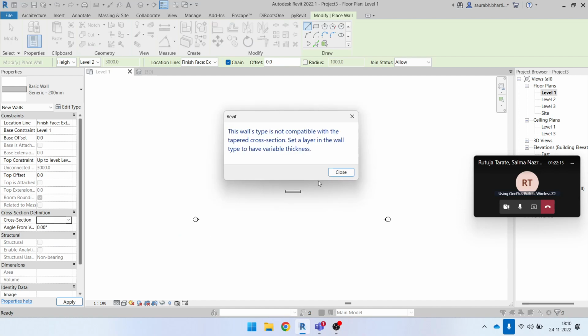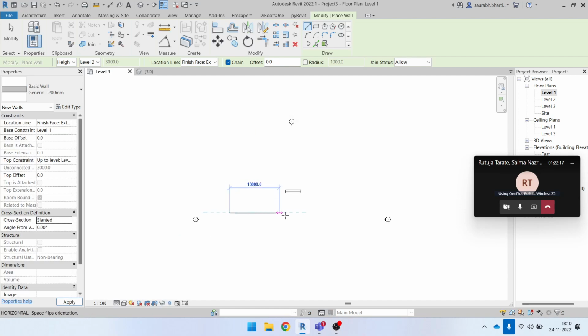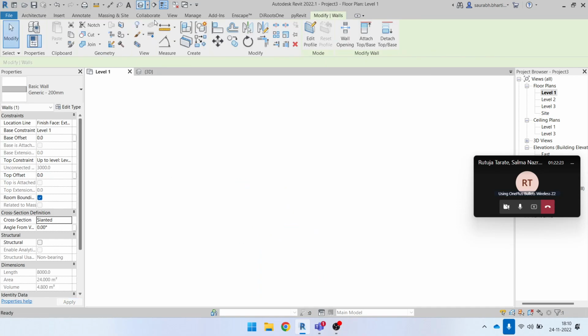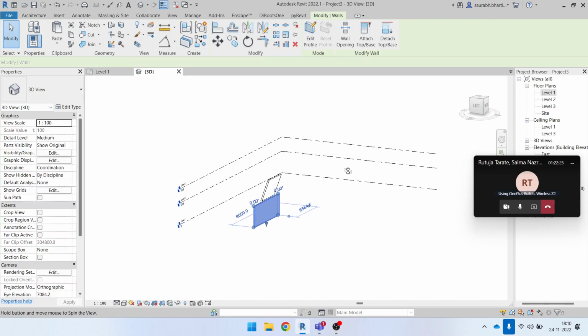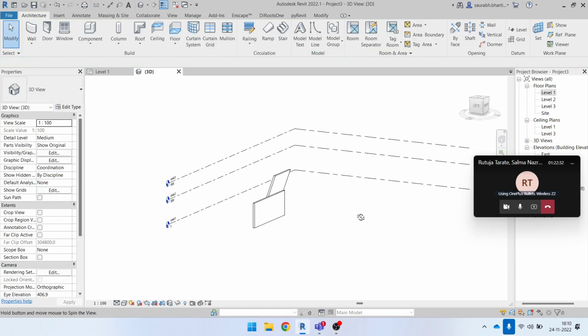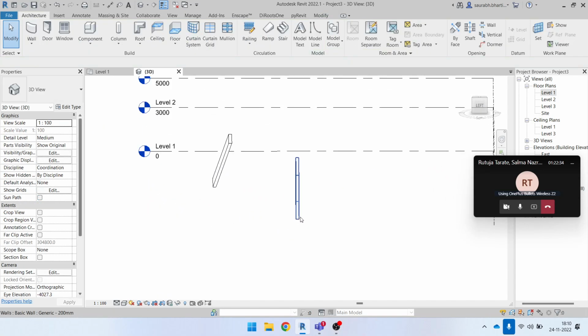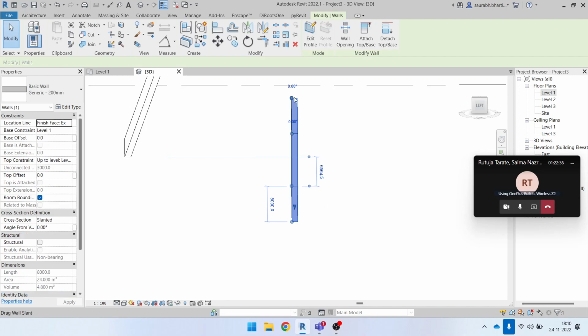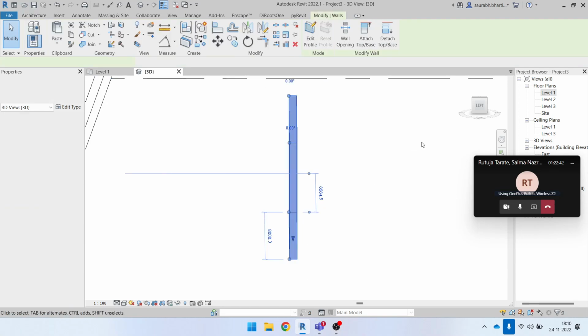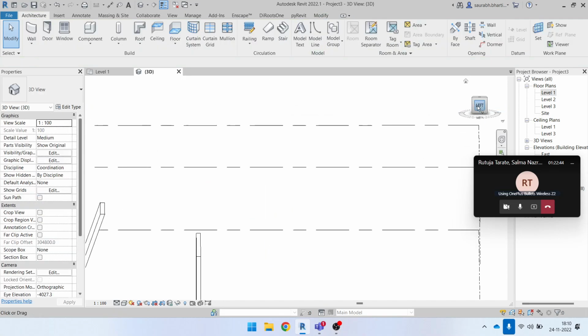Tapered is like on the bottom, it will be of a larger size, and on the top it will be of a smaller size. I have to actually look into it, because this is a new feature in Revit 2022 and we never had to use this tapered wall. But whenever you use this, the wall on the bottom will be something like this, and on the top it will be, what do you say, like, okay, let me just show it to you